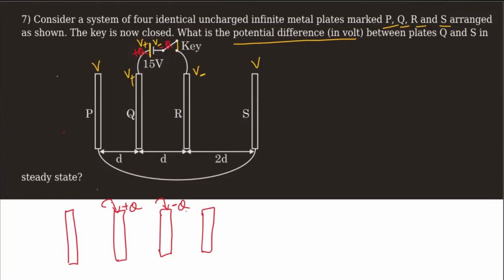Now let us use the trick. The trick is, no matter how many plates there are, the charge residing on the peripheral surfaces, that is on these two surfaces, will first of all be the same, and it will be equal to how much? Add all the charges that you are giving to the end plates, and divide by 2. So here it is Q minus Q, divided by 2. 0 divided by anything will become 0. So this surface will have charge 0, and this surface will have charge 0.